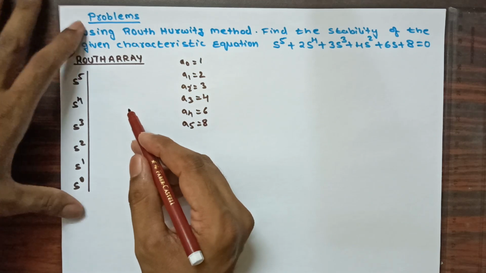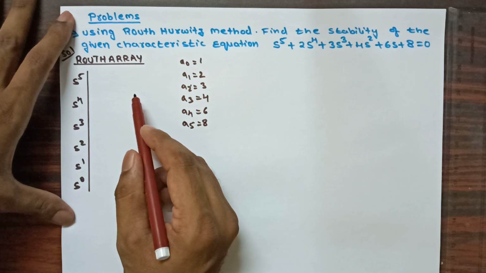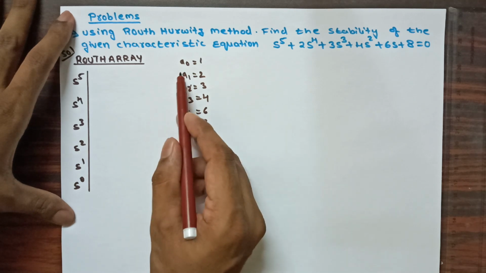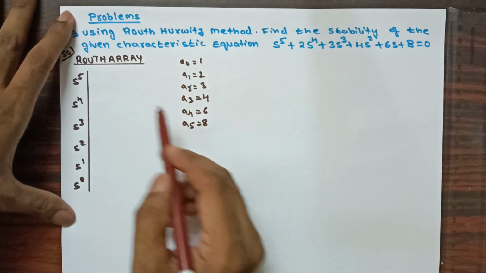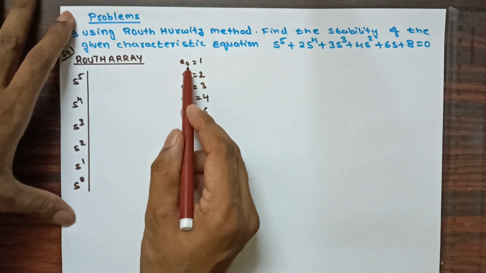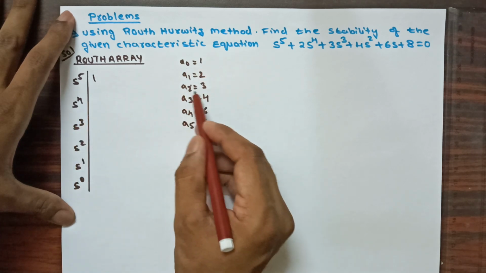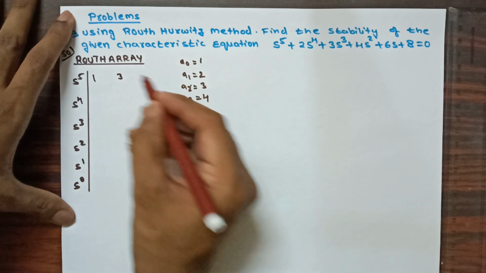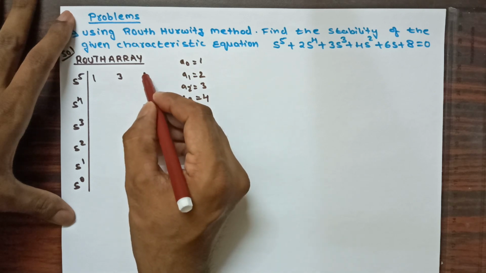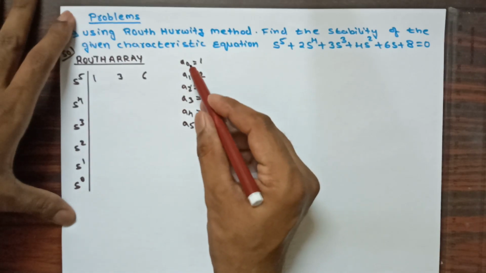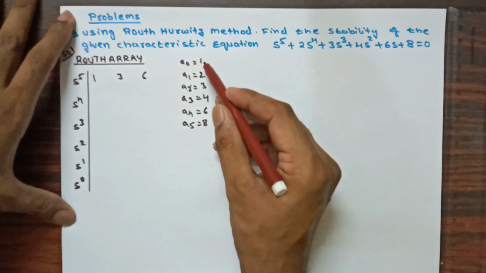Now by considering these coefficients we can form the two rows, and we know the procedure by taking the even coefficients, in this a0, a2 and a4. The 3 even coefficients I am going to write here. First the a0 coefficient, that value is 1, and then the a2 coefficient value is 3, and then the a4 coefficient value is 6. I have taken in this way a0, a2 and a4. Even coefficient values are 1, 3 and 6.